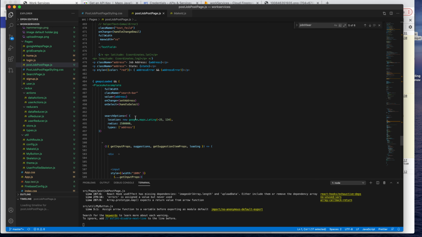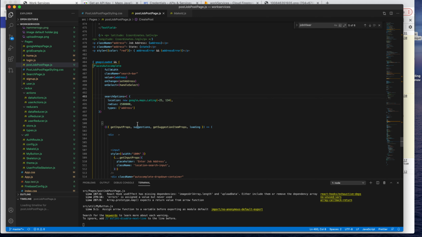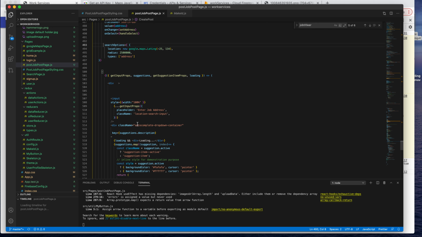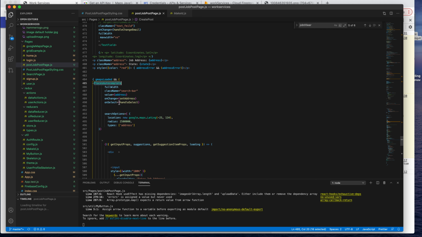Places autocomplete. I just did a lesson on this, but okay, this is the thing. Say you're in America and you want all of America, get somewhere in the middle of America. These are latitude and longitude, and then you set a radius. I think this is in meters, so how many meters away from this point you want to reach. Then types address, so you can only get addresses. That's just to get Australia, you don't actually need that. And then down here, places autocomplete. You can actually copy this from